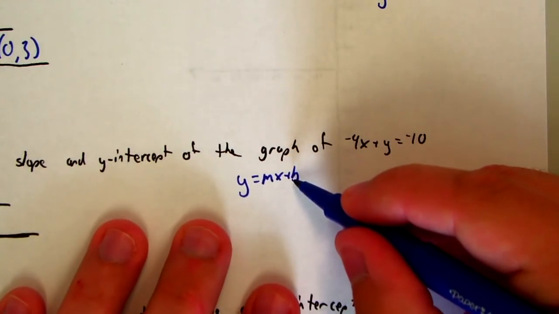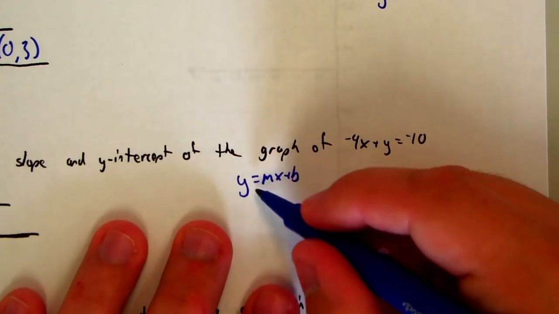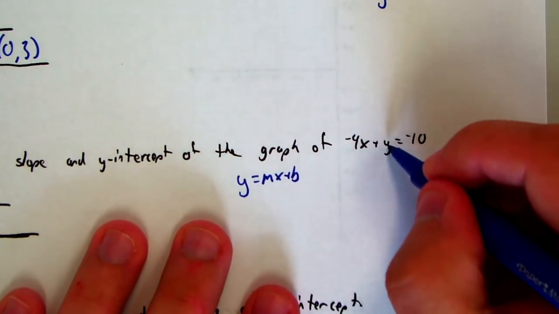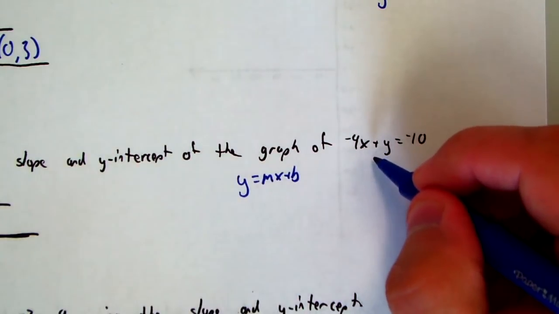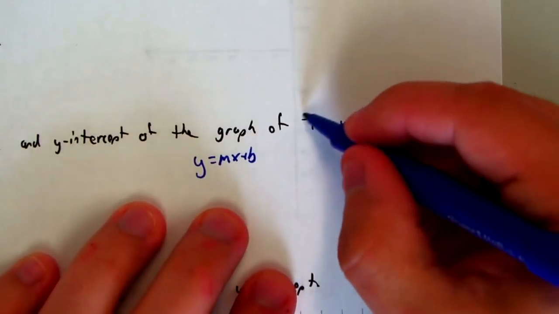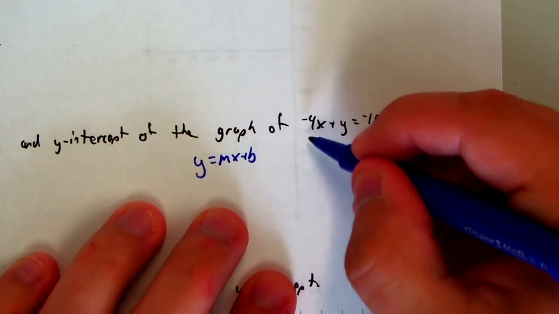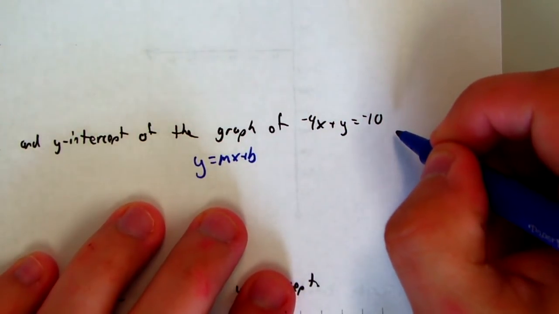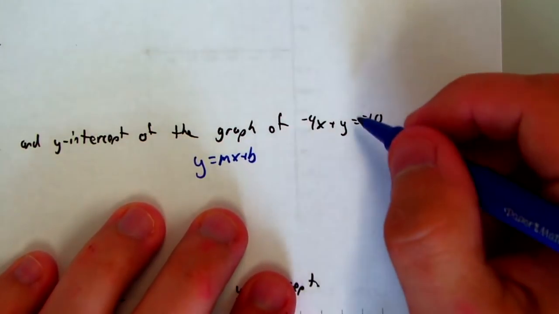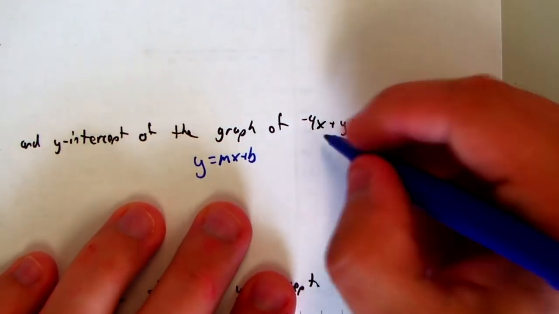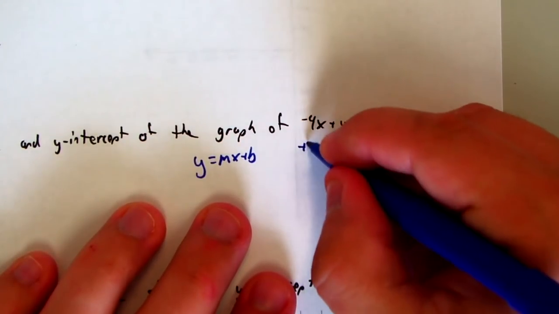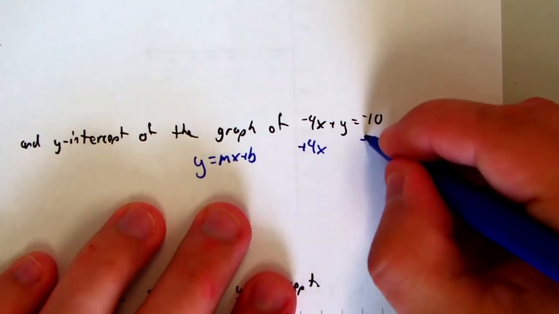In slope-intercept form, you have y on one side and x on the other. This has both of them on the same side of the equal sign, so I want to move the x term to the other side. In order to move something from one side of an equal sign to the other, I have to do its opposite. Right now I have a negative 4x, so I'm going to add 4x